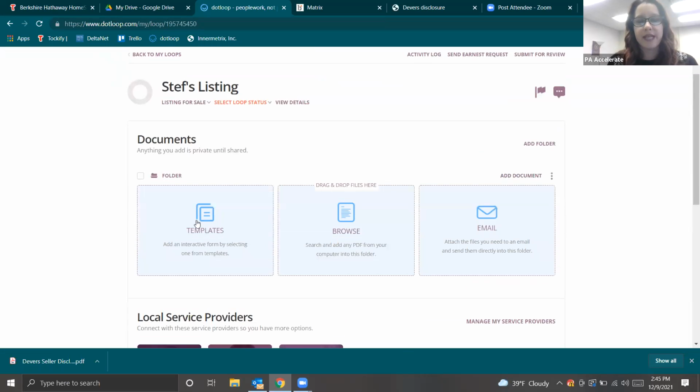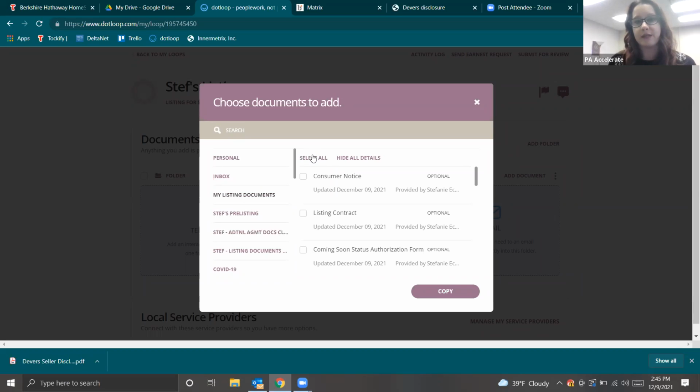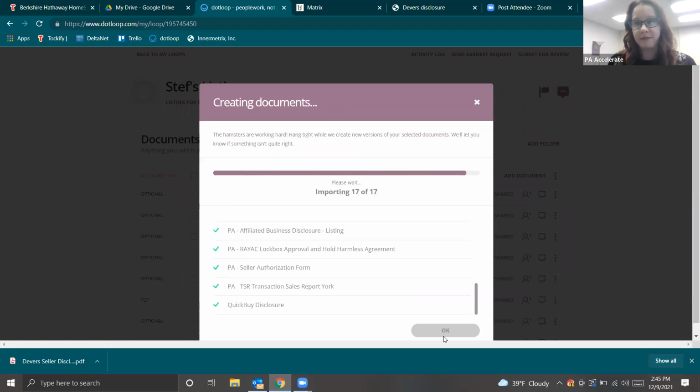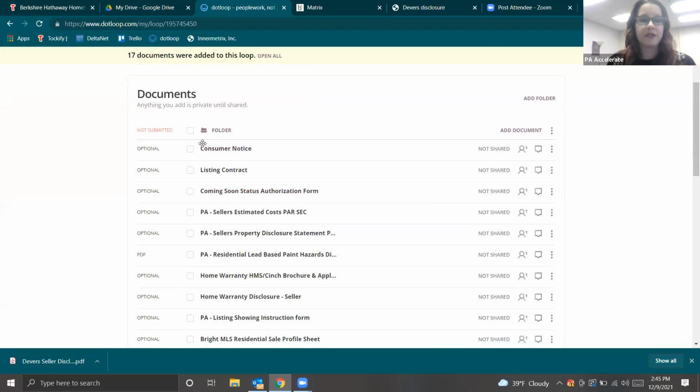And so when I go to the templates to pull my documents in, instead of going down and using the regular PA listing packet that I would normally be using, instead I'm going to use my listing documents, select everything, copy it over. Now I only have 17 rather than the original 21. And you can see it came in exactly the order that I wanted it to be in with the names